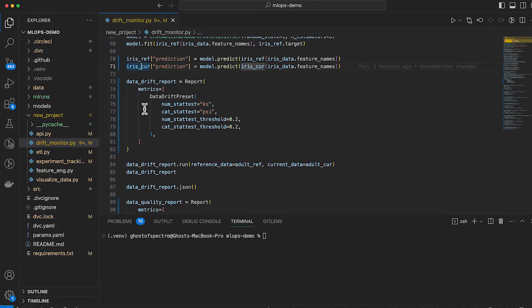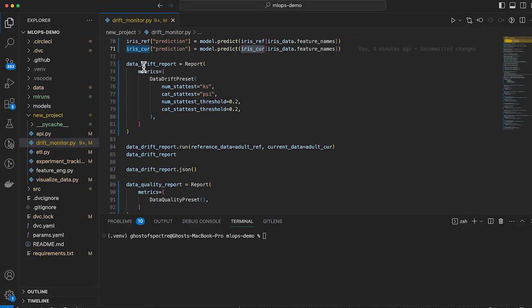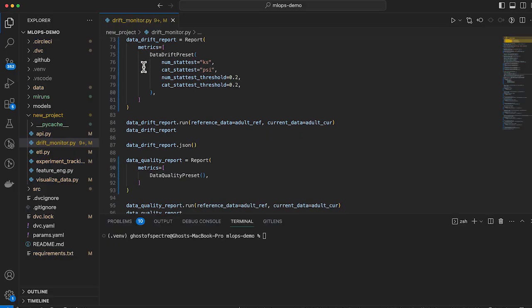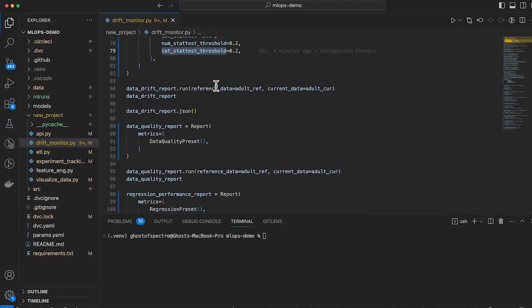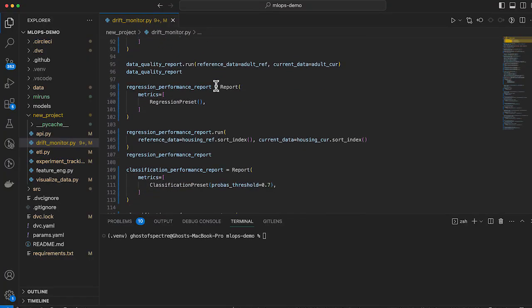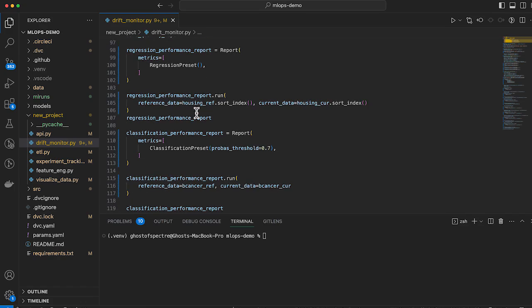It goes through and we get our source of truth data set, we get our production data set, we run them through our models, and then we use Evidently AI to generate these reports based on different thresholds that we've set, based on different configurations that we've set, and just making sure that we return a report for these different drift and data quality conditions that we want to monitor as this model continues to be used on production.